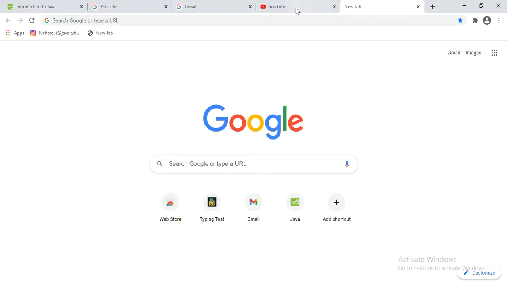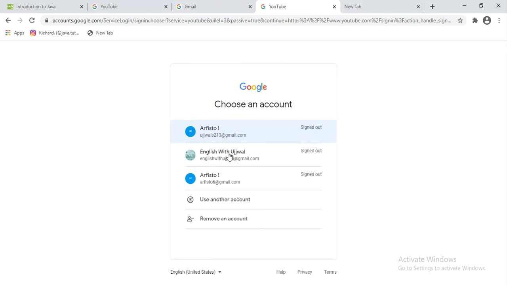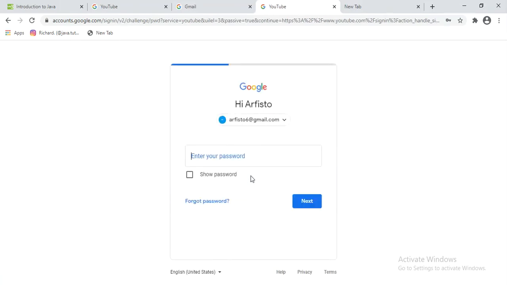You can go to the page of YouTube, and here you can see the sign that says sign in. You just need to click on that, and once you click here, this page will open. And here, if you have already saved a few email addresses, it will give you the option. Since you are new and you don't have any, you can click on use another account here, and you can tap add new account. But since I have this already added, I'm going to click here.